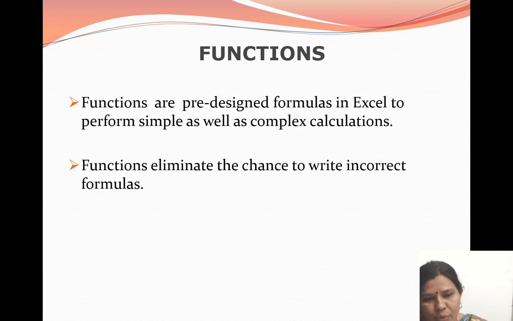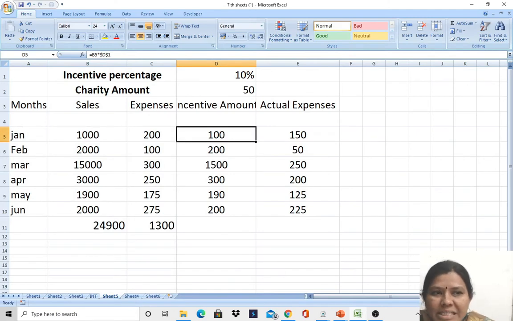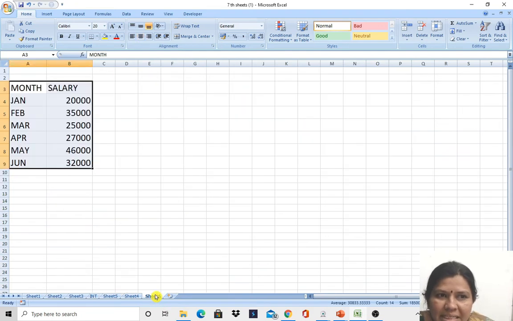This can be done in two ways. One is using the copy paste method, another is using sheet reference. I will give an example for that. Now for example, this data you want to copy somewhere. So what you have to do? First you have to select this one. Select using the mouse.